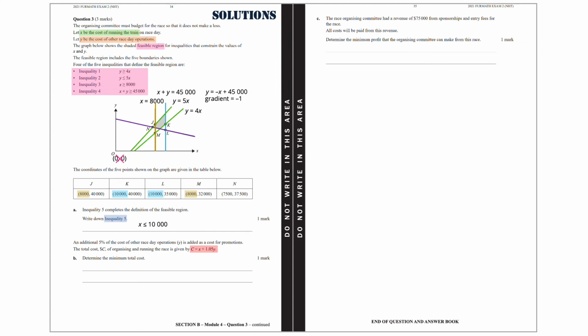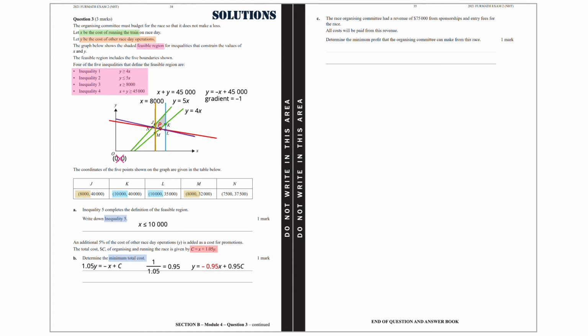Part B. Determine the minimum total cost. Let's rewrite the equation of the cost, making Y the subject. So 1.05Y equals negative X plus C. 1 divided by 1.05 equals 0.95. Therefore, y equals negative 0.95x plus 0.95c. We are going to use the sliding line method, so let's draw a line with gradient negative 0.95 somewhere on the graph. If we start moving this line, this is going to reach the feasible region the first time at